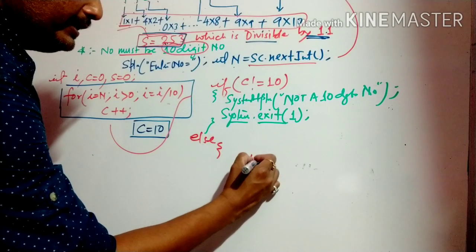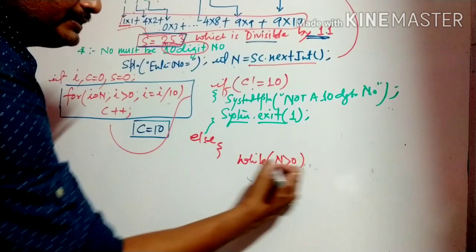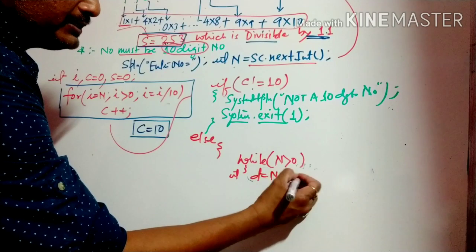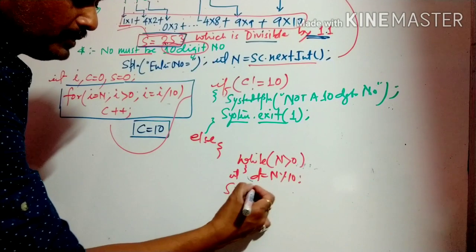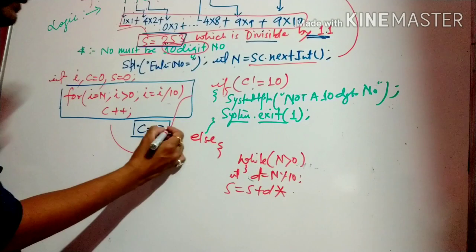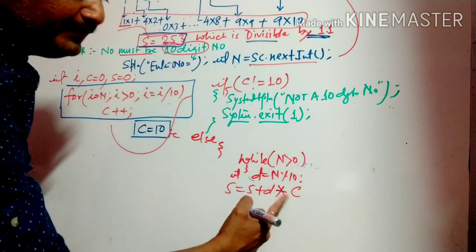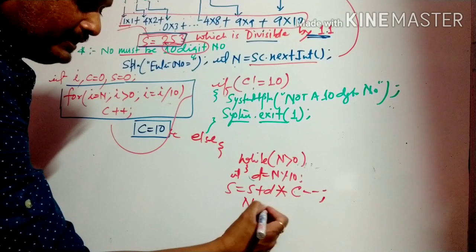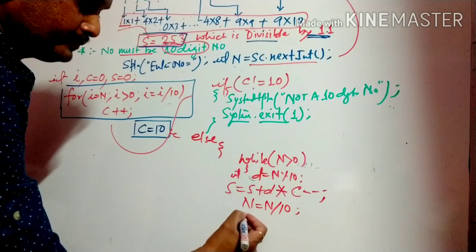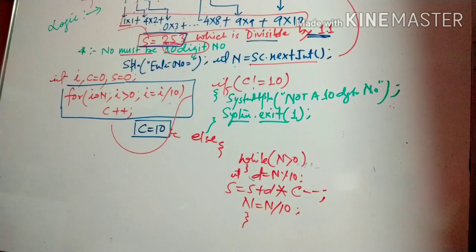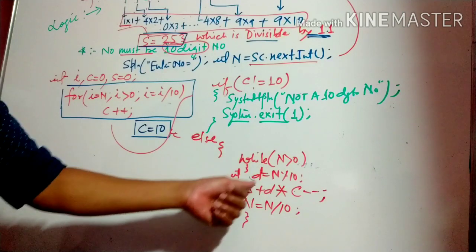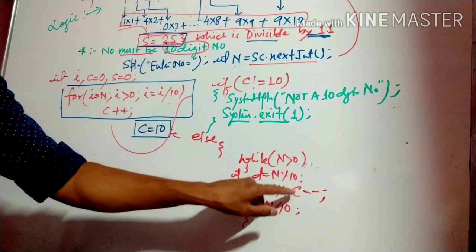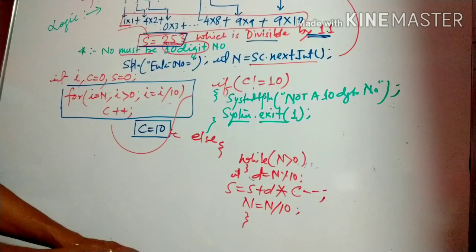Use while or do while. Here I am using while n greater than 0, d is equal to n modulus 10, the last digit, and s equal to s plus d multiplied by c, where c is 10, c minus minus. Next time the value of c will be 9. And here you write n is equal to n by 10. Close this loop. Same process, it will extract one by one digit and follow the same rule. C minus minus: first time 10, then 9, then 8, then 7, like that, and it will add and